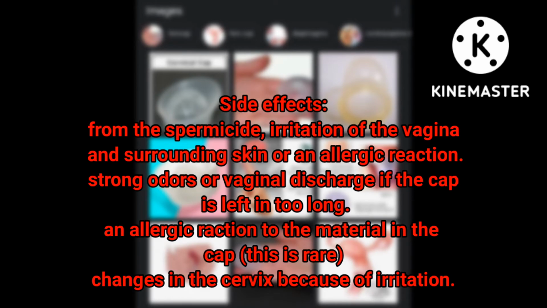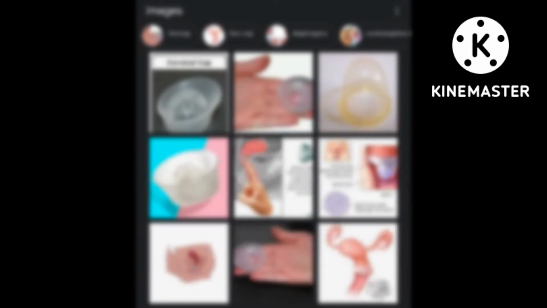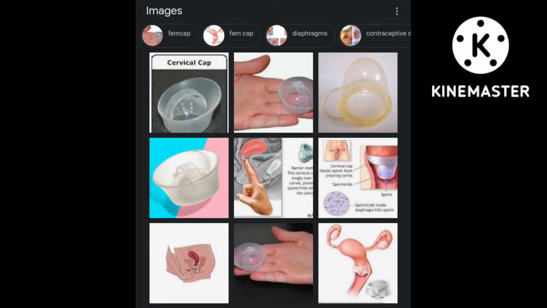Side effects from the spermicide: irritation of the vagina and surrounding skin, or an allergic reaction. Strong odors or vaginal discharge if the cap is left in too long. An allergic reaction to the material in the cap. Change in the cervix because of irritation. So the side effects are the same